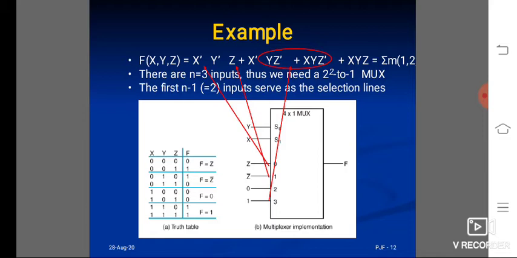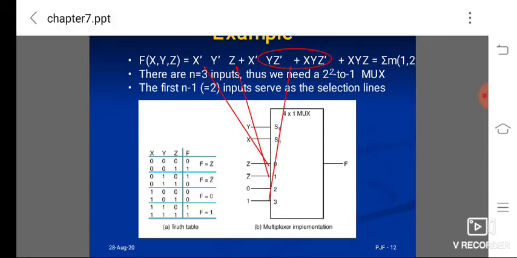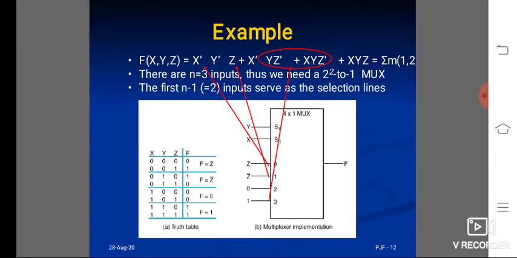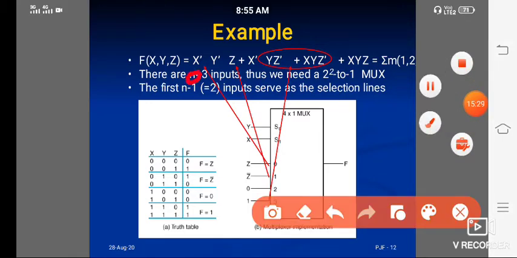After that we have to note down the minterm numbers for the equation. I have already discussed this. First we have to observe whether this is SOP form or POS form. You have observed clearly this is an SOP form equation, sum of products. In SOP form, where a bar is there, 0 will be placed. So x bar is there, so this value will be 0. Y bar is there, this value will be 0. Z is there, 1.